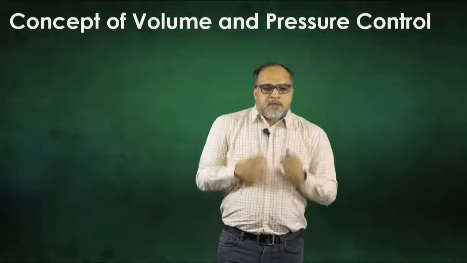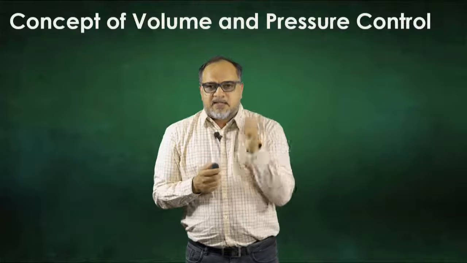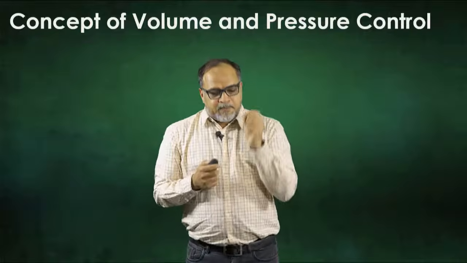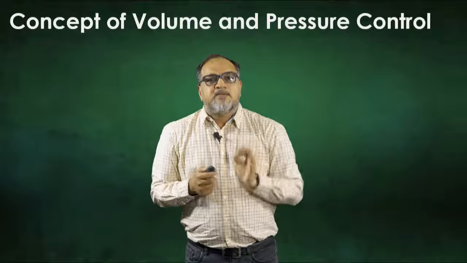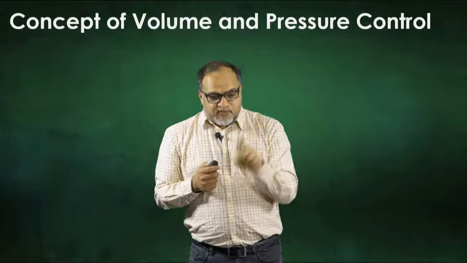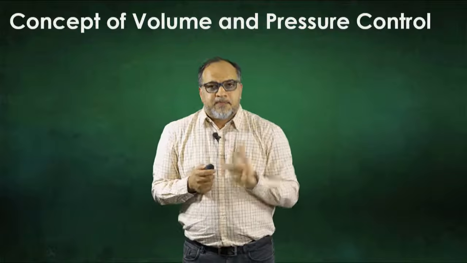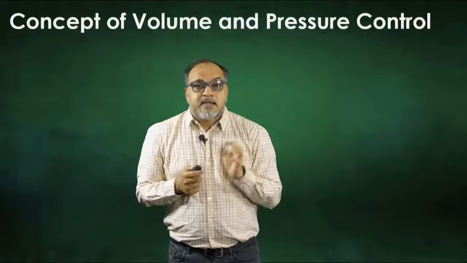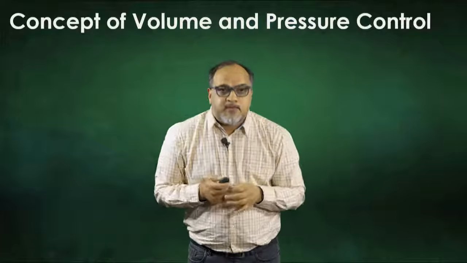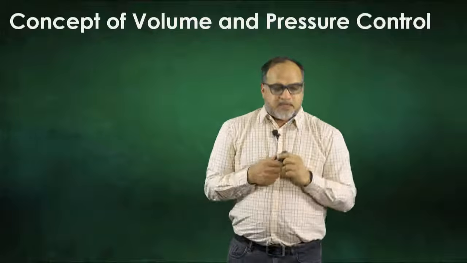Fine. So far we understood two things. One is that the ventilator is a stupid child with an ambu bag. Then it will ask the first question: who will give the breath? You have to tell it whether the patient will trigger it or the ventilator has to trigger it. Then the second question it will ask is कि हवा कितनी डालनी है, how much air do I need to give. Now there comes the concept of volume and pressure control.